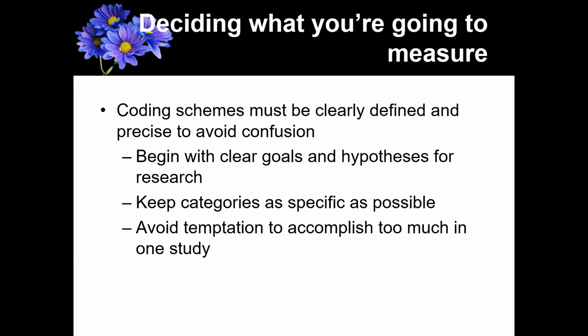But at the same time, you also want to avoid the temptation to accomplish too much in one study. Okay. So, for example, again, with aggression, you don't want to have like 50 different behaviors that you're keeping track of, because that's really hard for someone who's coding the behavior to keep track of, right? It's very hard to think of 50 different things at the same time. Okay, so it's kind of a balancing act between being very specific and precise about what you're measuring, what counts as, say, aggressive behavior, but also not overbearing whoever's watching the study with too many different things to keep track of. Okay,